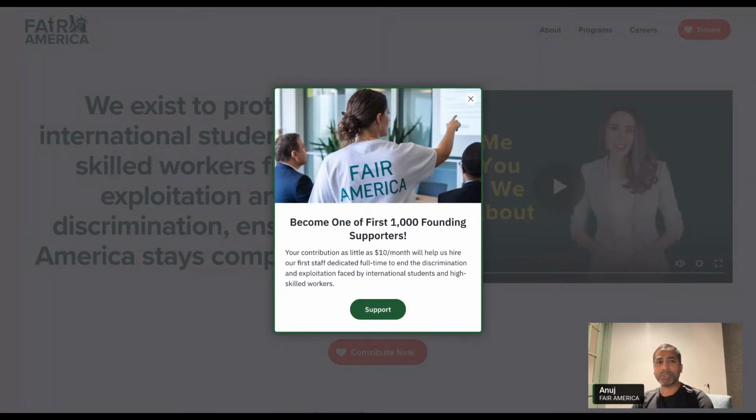Okay, so this is the landing page of our website. Once you hit enter on fairamerica.org, you will see this little pop-up, which accurately focuses on what we are trying to work on first.